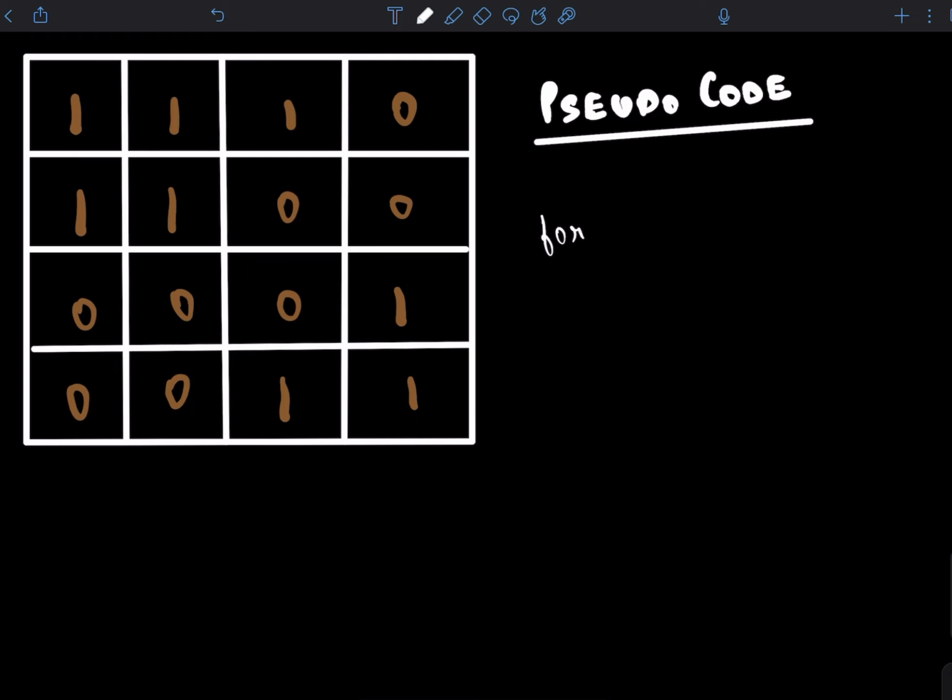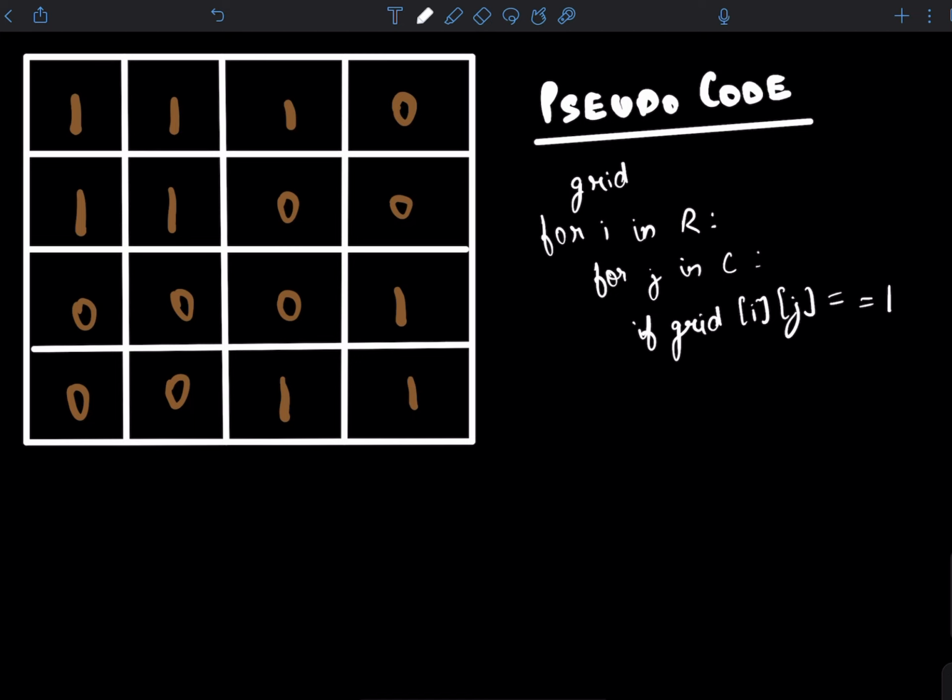So we can just do for i in R, which is all the rows, and then for j in C, which is columns. So in this way we traverse, and then for each element we see if it's a 1. Let's say the input is grid, which is a 2D array. So we want to check if grid of i and j is equal to 1. In this case it is a part of an island, so we can increment our count. Initially count can be 0,